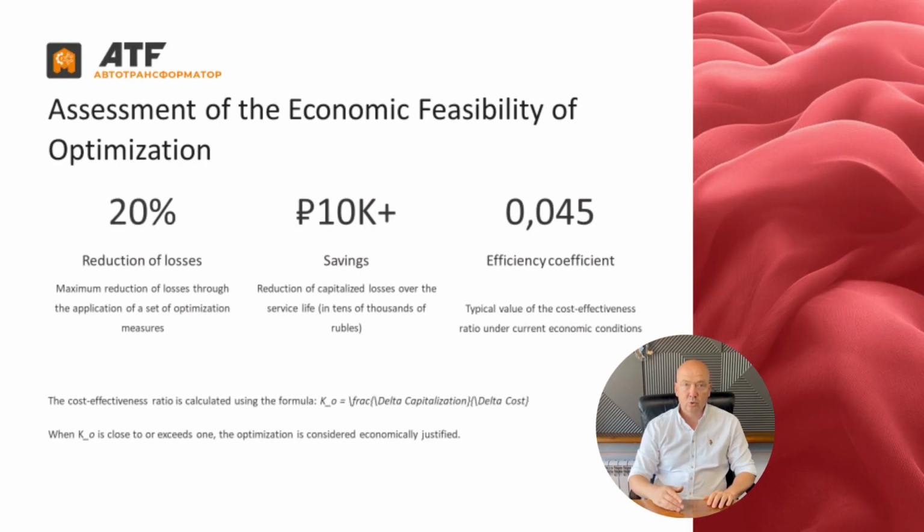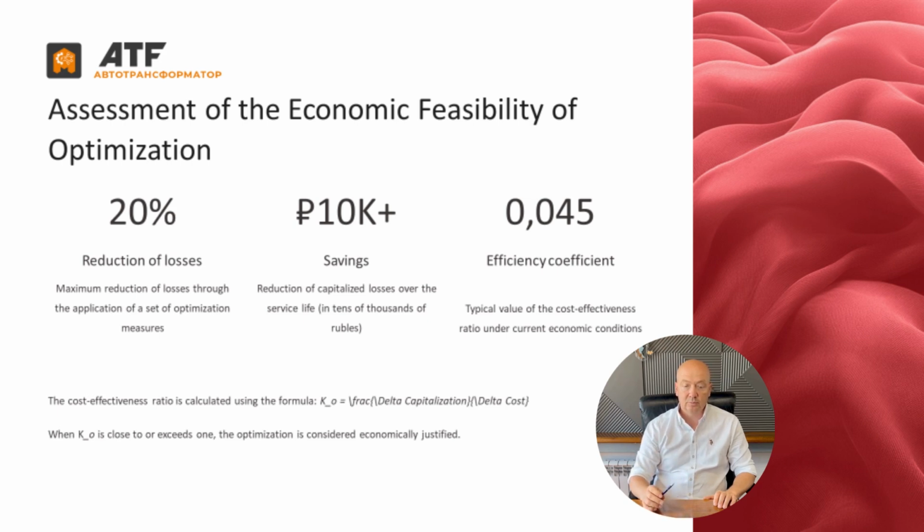Now let's look at a real-world example. We have a 160 megavolt ampere transformer. The base version has no load losses of 6.3 kilowatts, load losses of 14.5 kilowatts, a total weight of 63 metric tons, and a manufacturing cost of 4,200,000 rubles. The optimized version has no load losses reduced to 4.8 kilowatts, load losses down to 11.2 kilowatts, a weight of 67 metric tons, and a manufacturing cost of